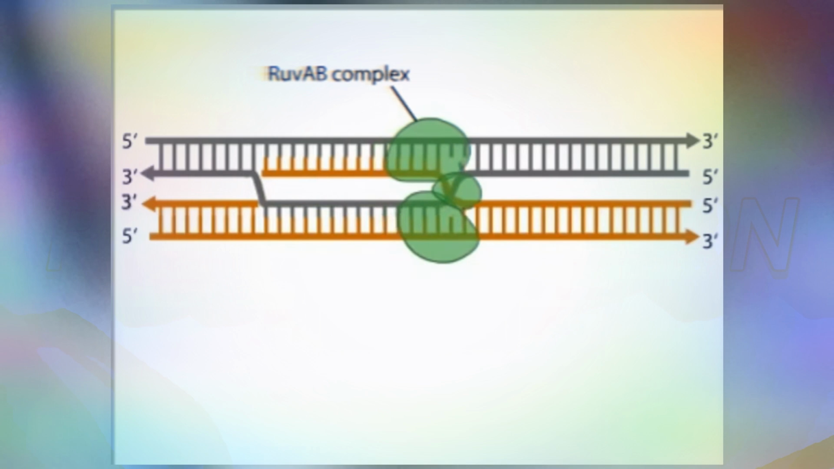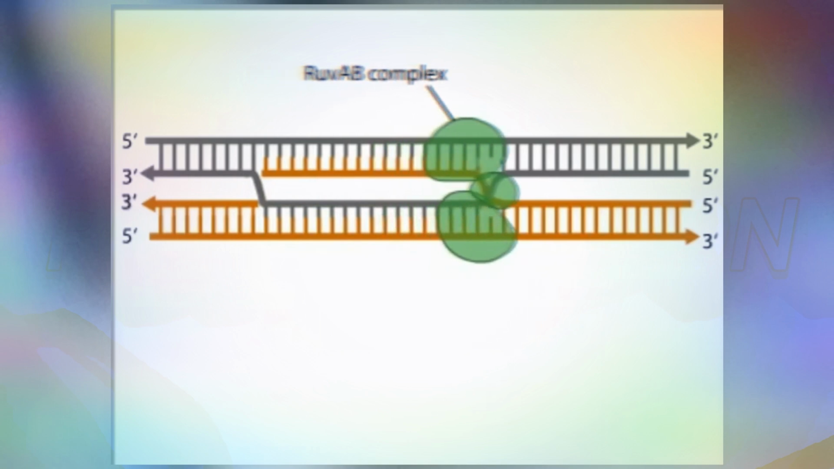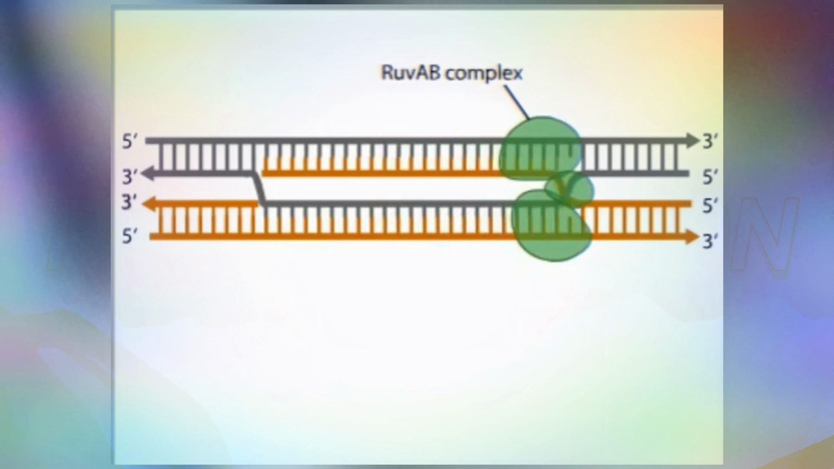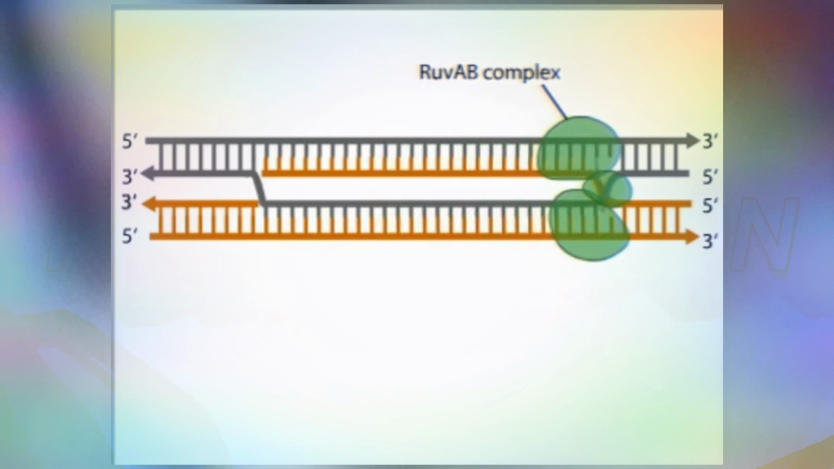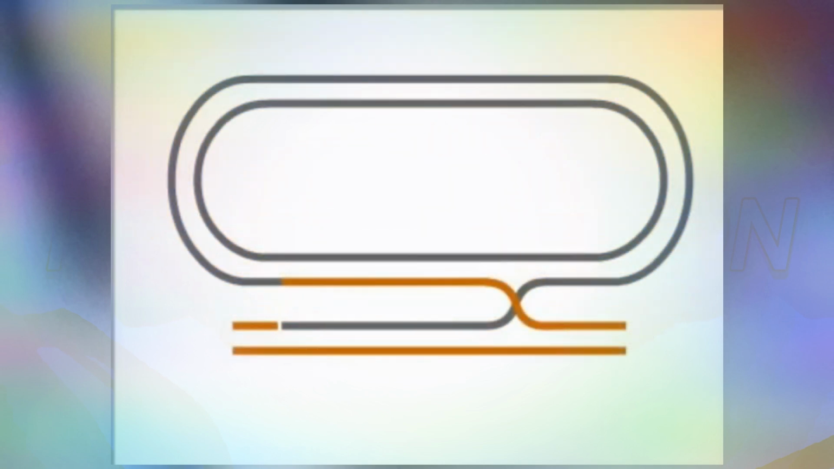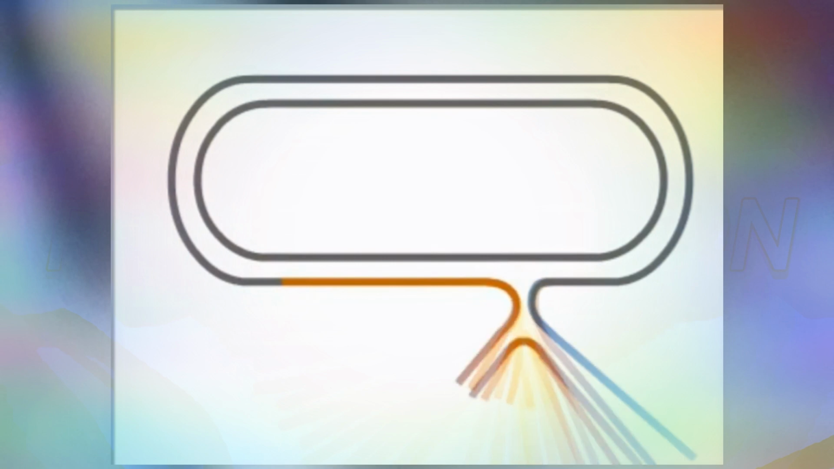Other recombination proteins called RuvA and RuvB assemble at the crossover point and pull the donor and recipient DNA strands in opposite directions, extending the invasion in a process called strand assimilation or branch migration. This process extends the base pairing between homologous donor and recipient strands. Ultimately, the end of the displaced strand at the D-loop is cleaved and the donor strand is ligated to